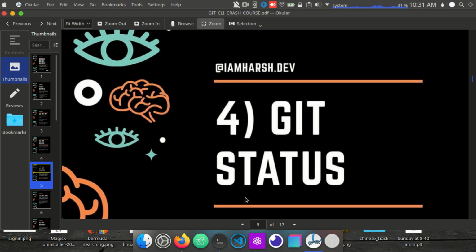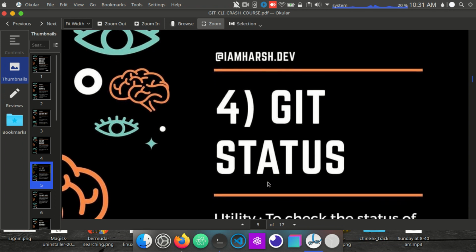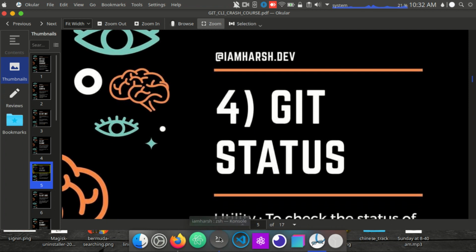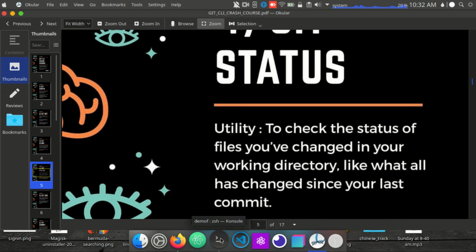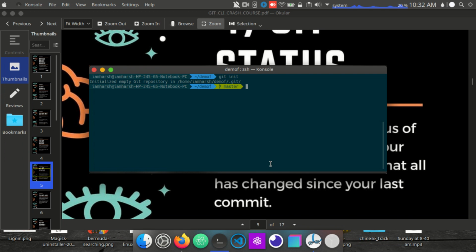The next command is git status. This command checks the status of the repository: what changes you have made to files, which files are changed, and which files are tracked and which are not. It will give you all of those things. If we type git status in our repository, it will tell us there is no commit yet and no changes to the files. As we have no file here, we'll create a test.js file, and now we'll see what git status gives us.